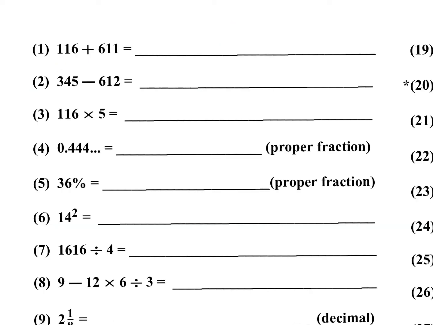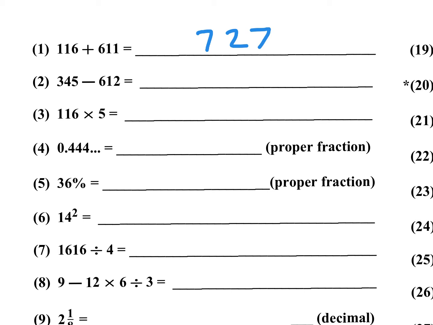Okay, so problem number 1, 116 plus 611. You can add 6 plus 1, that's 7. 1 plus 1, that's 2. And 1 plus 6 is 7. 727 is the correct answer. You could have also added 100 plus 600 to get 700, and 16 plus 11 is 27. It's the same thing. Now, for number 2, 345 minus 612,